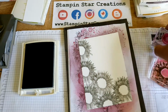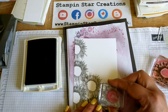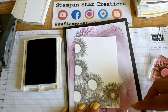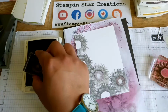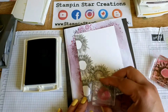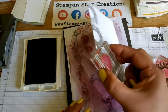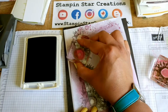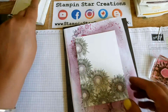Okay, and again using the same colour, the Smoky Slate, I'm going to do the centres in that same colour. I think I've got a bit of ink on this. There. Right, next you want to grab your Lemon Lime Twist,